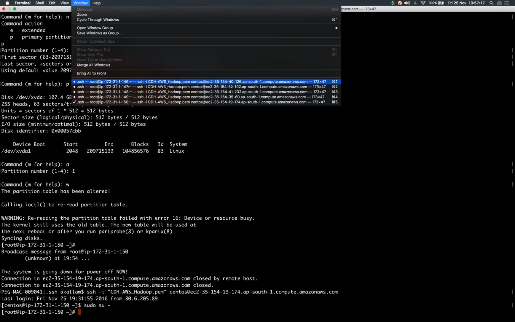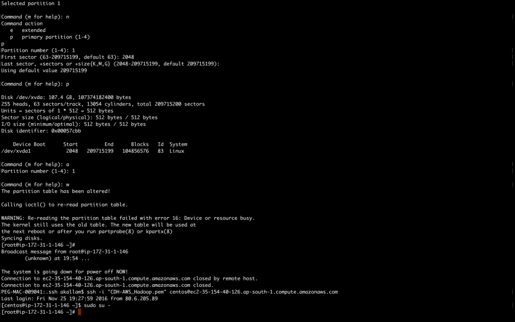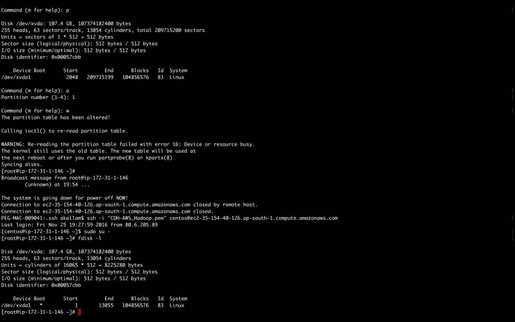Let's go back and check how our changes were reflected. Okay, for that we just need to check what's happening here now. It is telling you have only one disk. Earlier it was showing two disks for you, but now it is telling one common disk with 107 GB. Okay, there's no 7 GB. Did you see that,